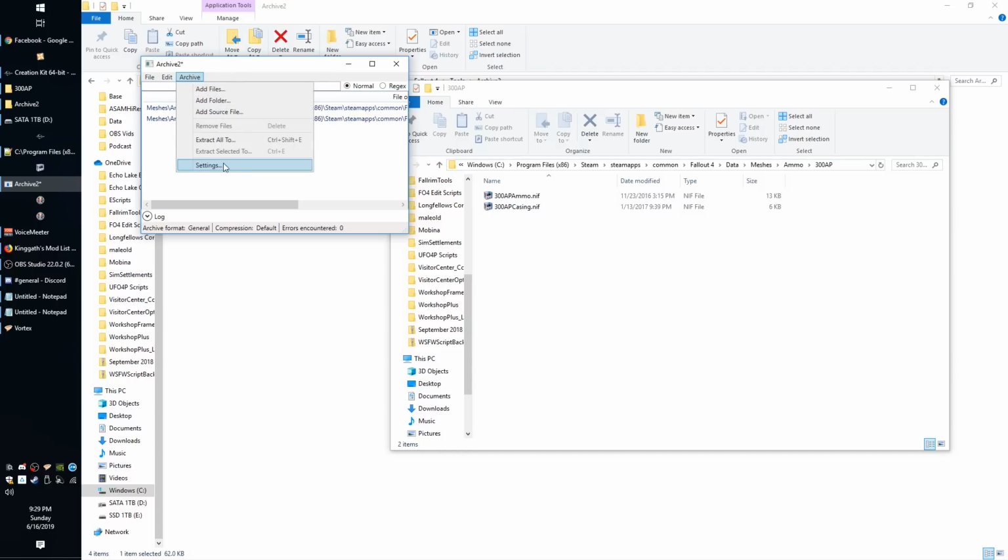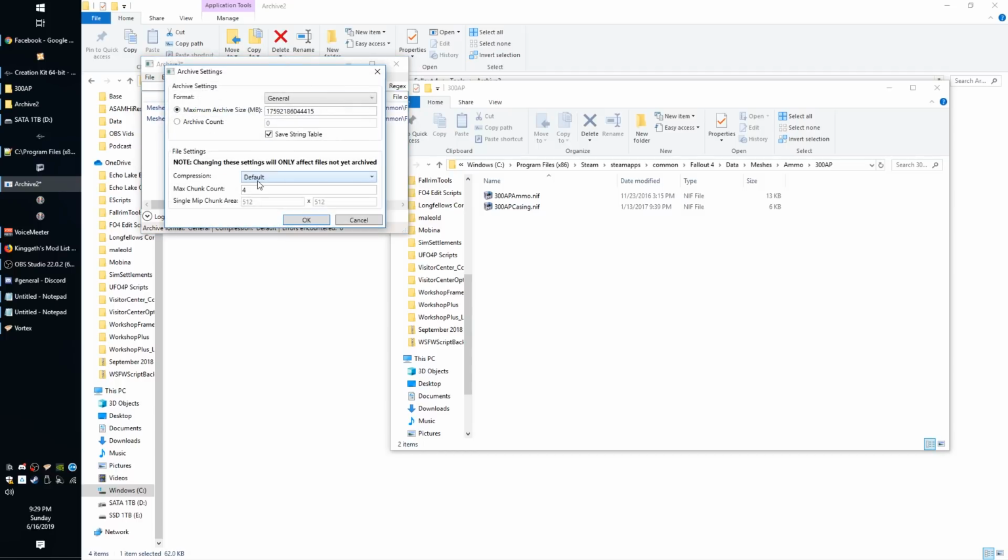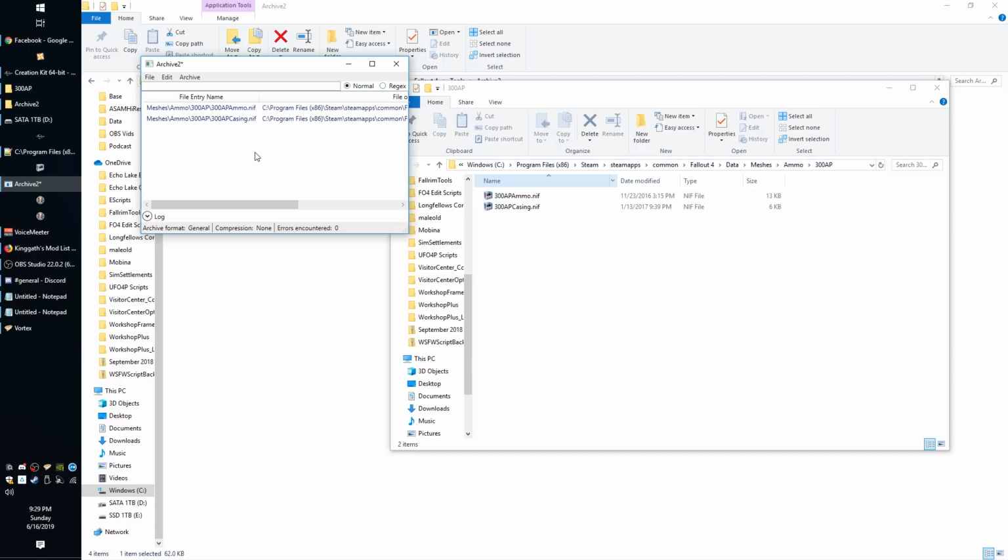Then you're going to go to Archive Settings, and you're going to change the compression to none. And what this does when you change this, as you can see here, changing these settings will only affect files not yet archived. So when you change the compression here to none and then add your sound files in, those sound files will work. And something I haven't mentioned specifically yet, though, is that every single file except for your